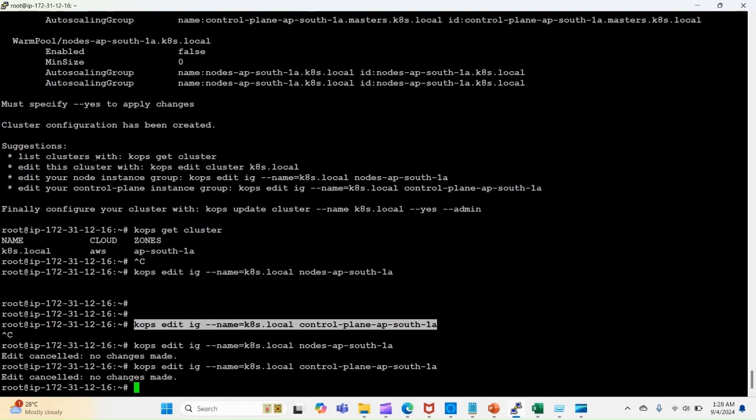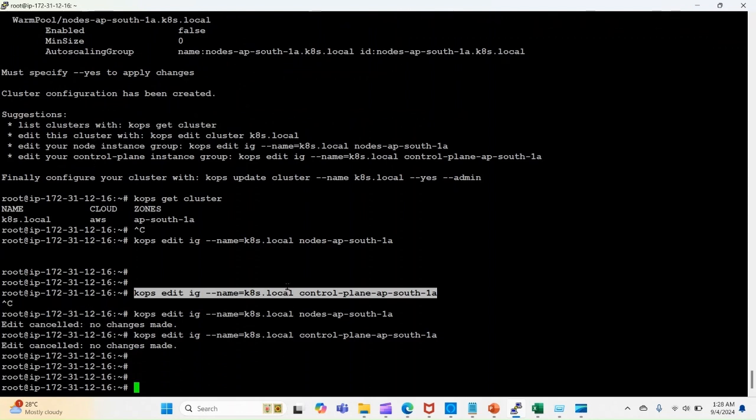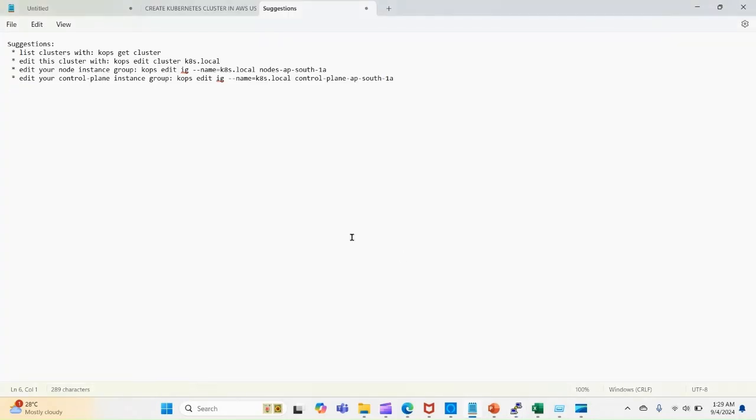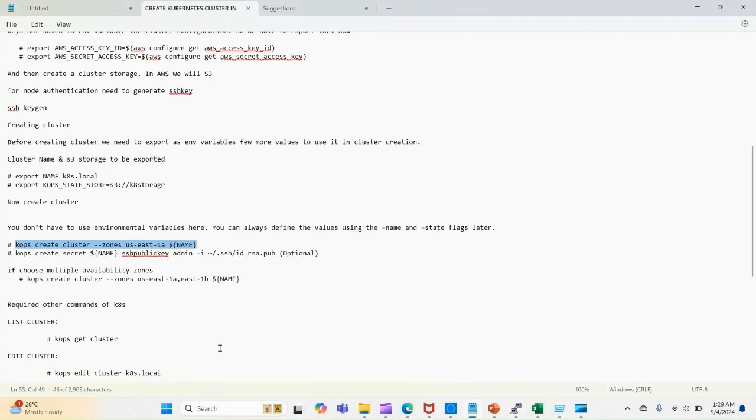right, simple. So now we have updated some configuration here. How many worker nodes we need, how many slaves we need, right? Master node as it is, whatever the default one is, the default is enough for our testing. So now what you need to do is you need to update the cluster. We already created the cluster, but it is not completed yet. Why? Because